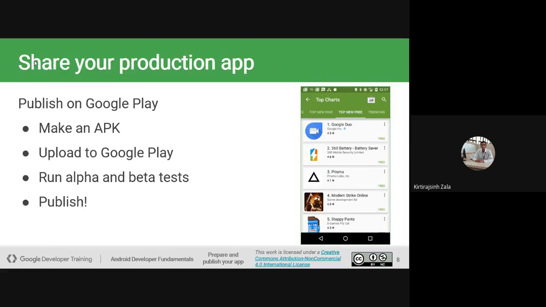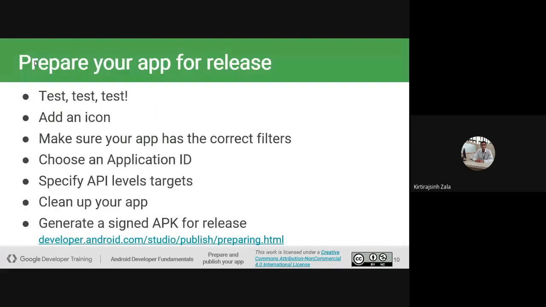So here it is a video icon. In the same way, if you are launching any kind of war game in the form of an application, then you need to justify that through an icon. So here, add an icon, make sure your app has the correct filters, choose the application ID,